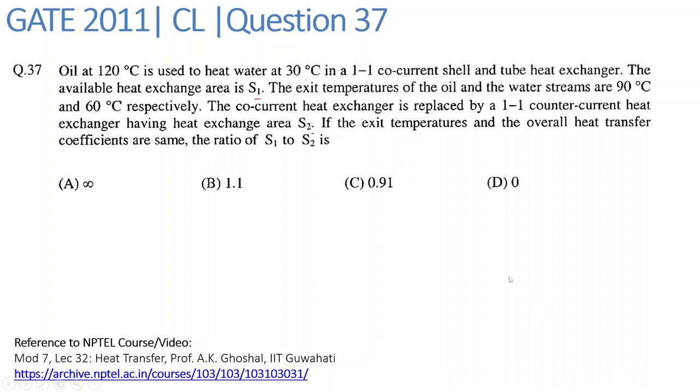So in the next question we have been given that oil at 120 degrees Celsius is used to heat water at 30 degrees Celsius in a 1-1 co-current shell and tube heat exchanger. The available heat exchange area is S1. The exit temperatures of oil and water streams are 90 degrees Celsius and 60 degrees Celsius respectively. The co-current heat exchanger is replaced by 1-1 counter-current heat exchanger having the